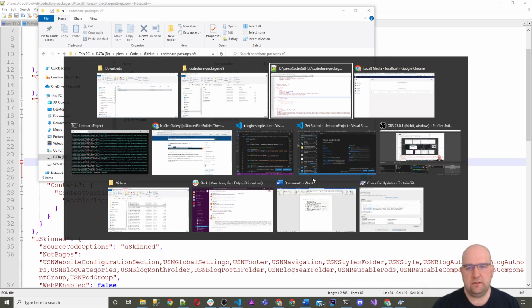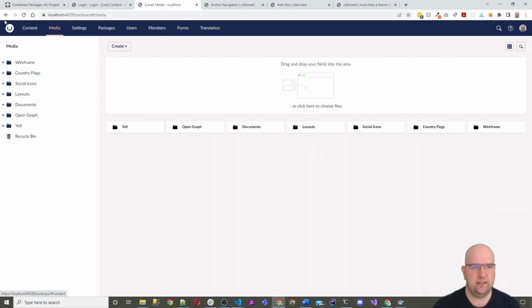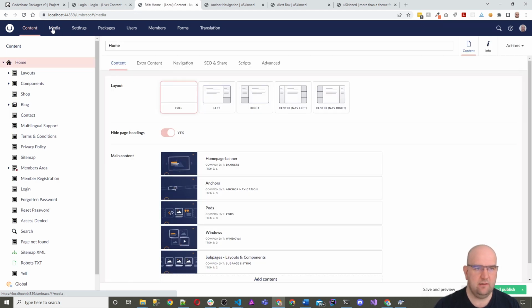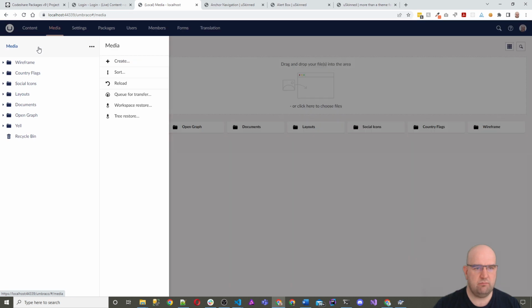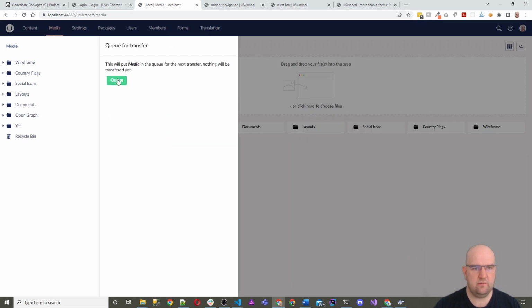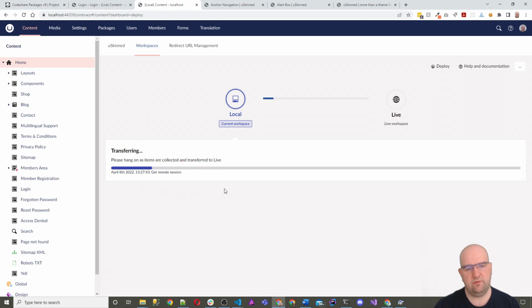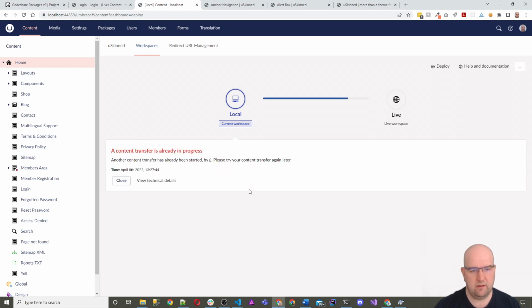When you come to pushing the content and the media up, you might find that there's an issue. So I'm going to show you what error you might see. First of all, let's just queue this for transfer. Open transfer queue, and then we'll say transfer to live. Now this might come up with an error. It has,